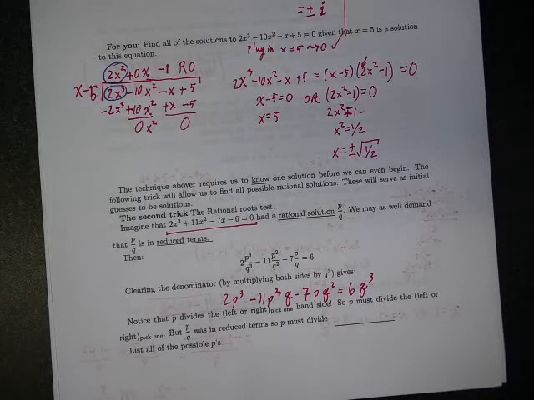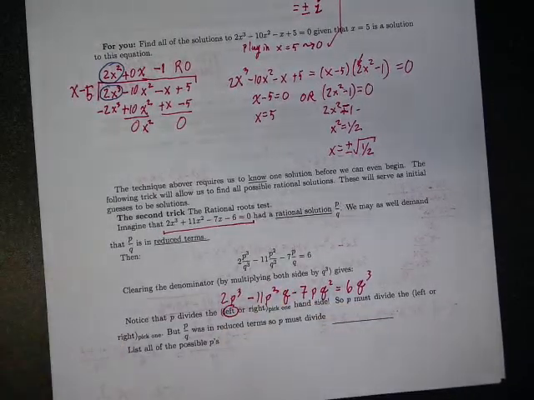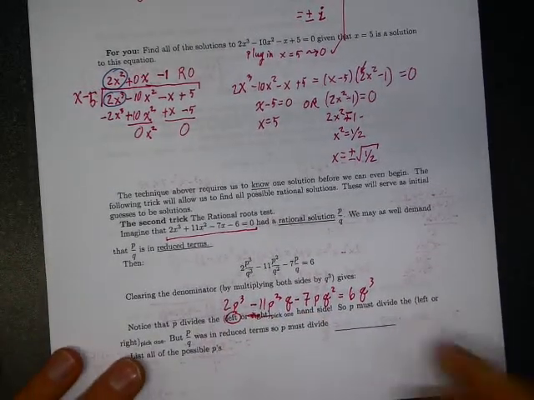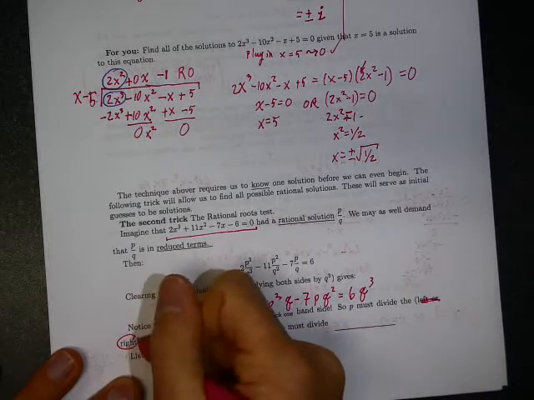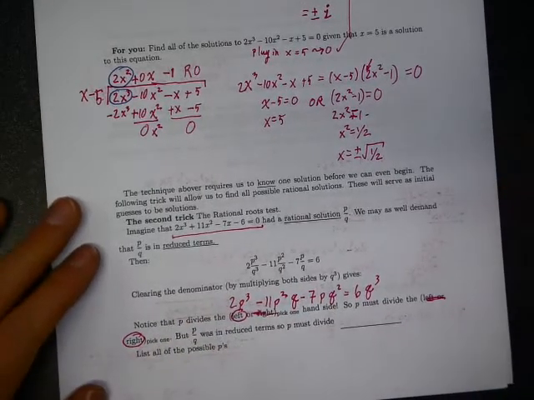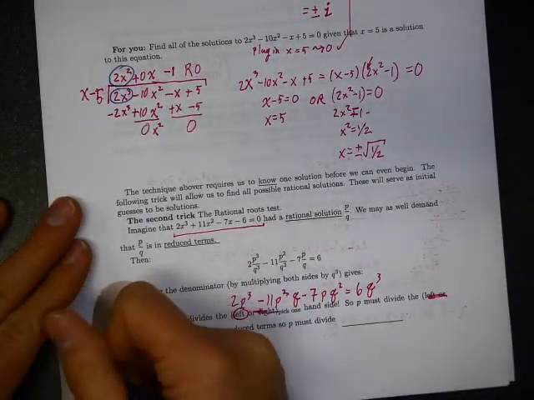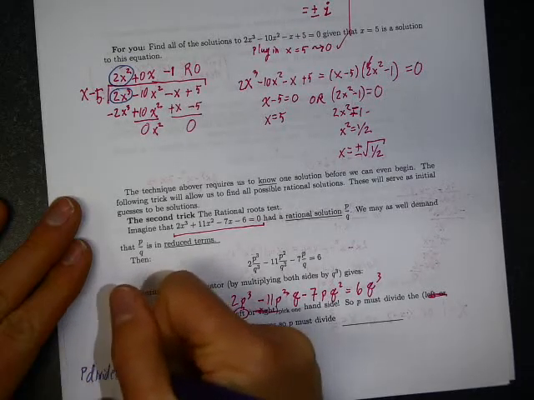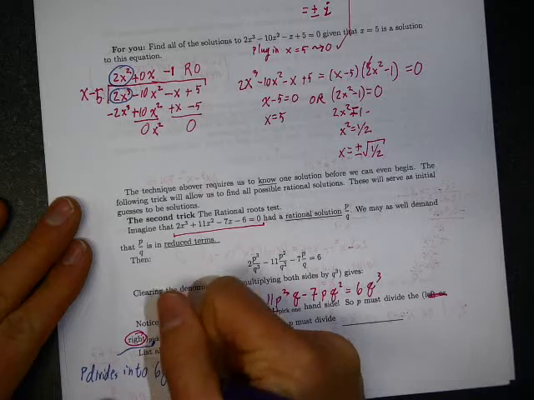Okay, so that might look like it's just as disgusting as it used to be, right? But there's something that you can absorb here. Everything on the left-hand side is divisible by p. Everything on the right-hand side has a p in it. So that means p literally divides the left-hand side. But that means that p also has to divide the right-hand side of this equation, because they're equal, right? So what's the payoff? p divides into 6q cubed.